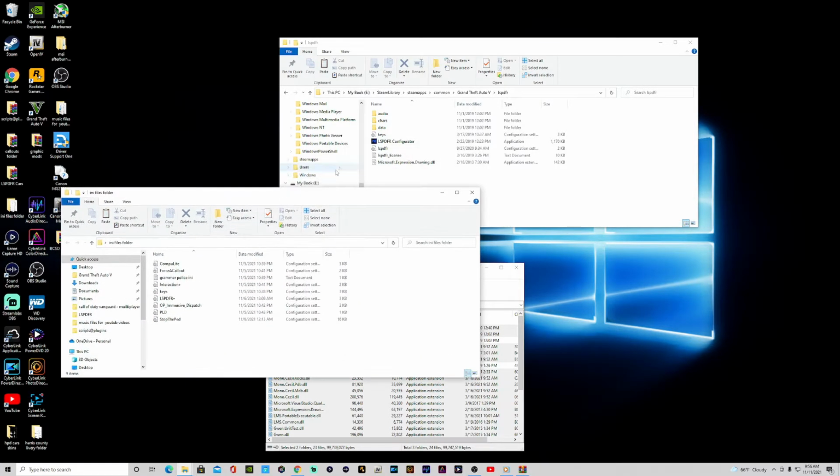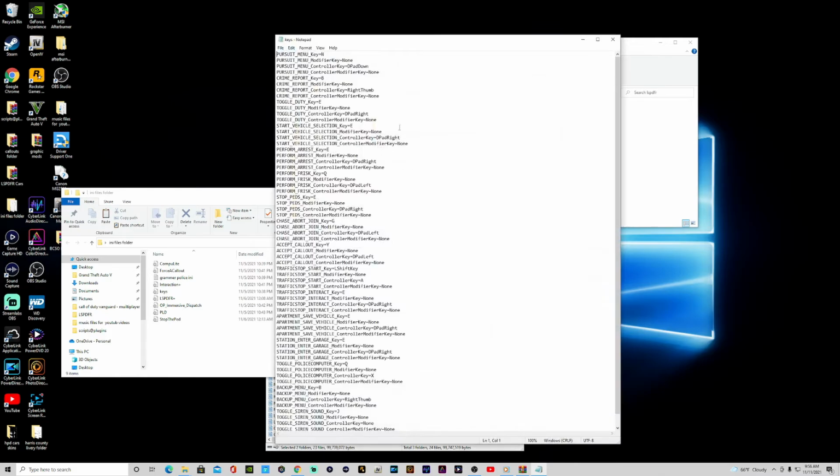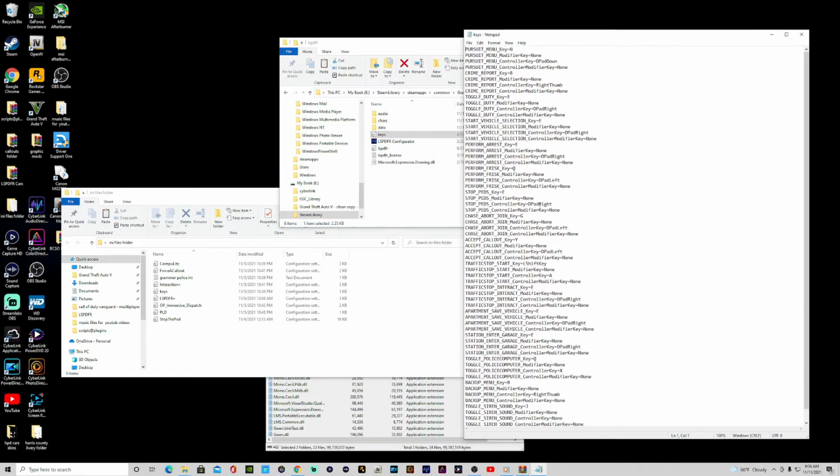So as you can see right here, it says keys. Right there, I have the same one that says keys. So if I were to click on this one, guys, this is the vanilla version of the game. Nothing's been manipulated. This is just strictly how the game is set up. Now I can go into mine,